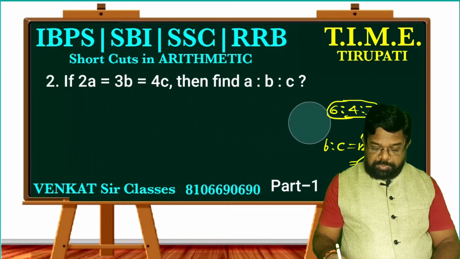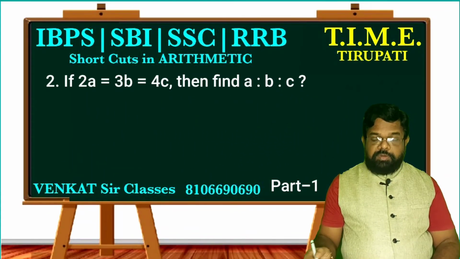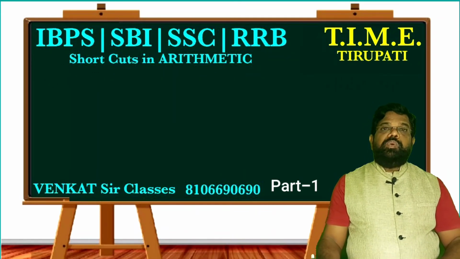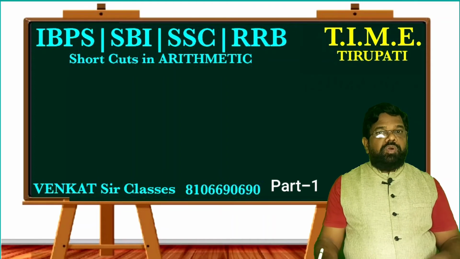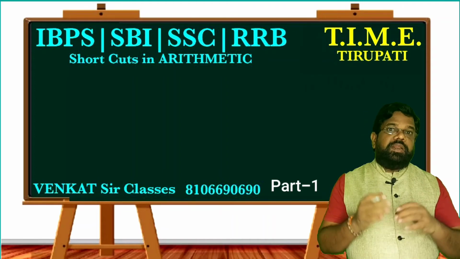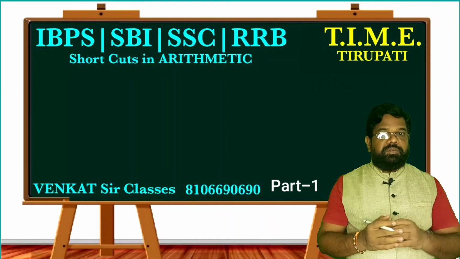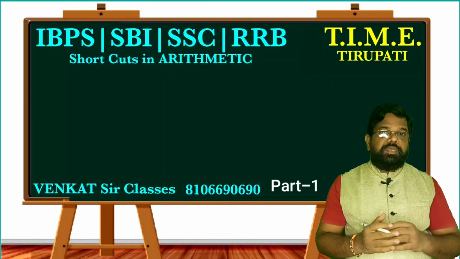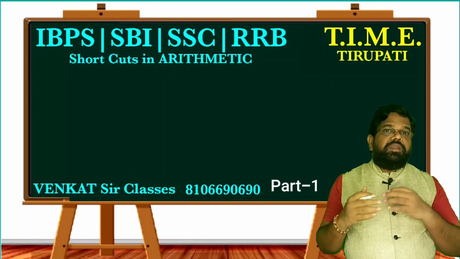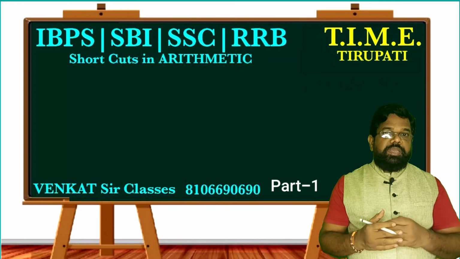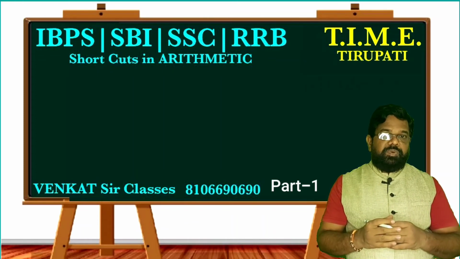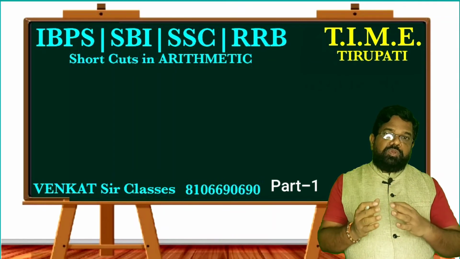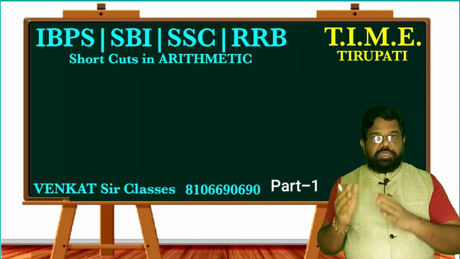Just like there are a number of shortcuts, in each and every question in arithmetic we can do it in the general method and also the shortcut method. So you have to know both. The general method is concept orientation. If you have command of the concept, even if the question is given in a critical or advanced manner, you can do it very easily. So you must know both the general approach and the shortcut method.